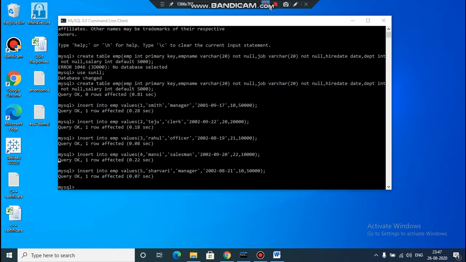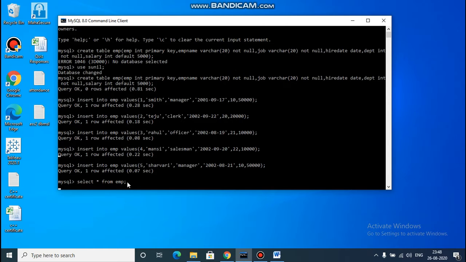Dear students, today we have to see the assignment related with different DML queries which we have to apply on the employee table. For that purpose I have created one table named EMP.